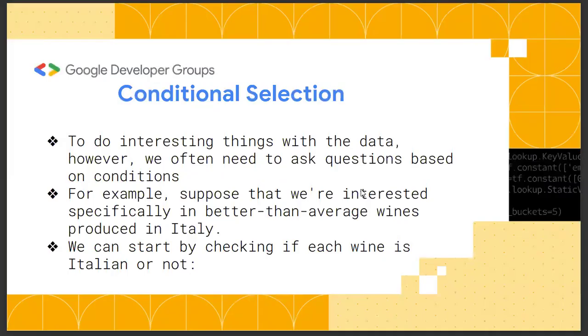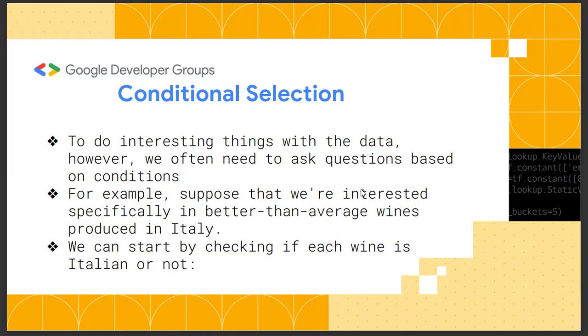Hope you've gotten this. Now, there is what we call conditional selection, as we look to conclude this video. Conditional selection to do interesting things with the data. With the data, we often need to ask questions based on conditions. For example, suppose that we are interested